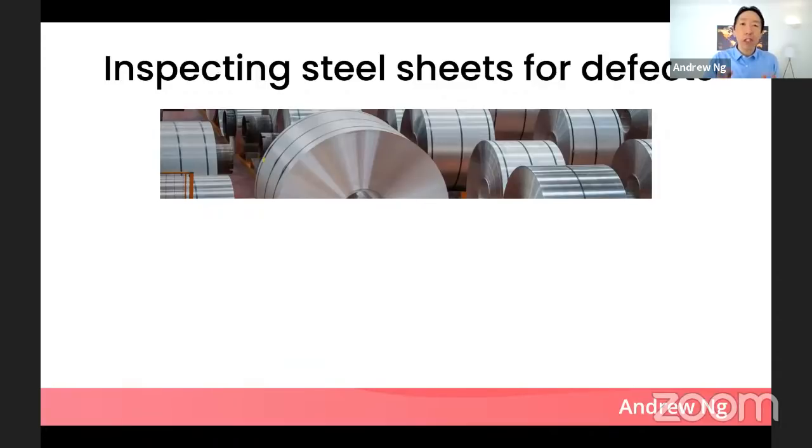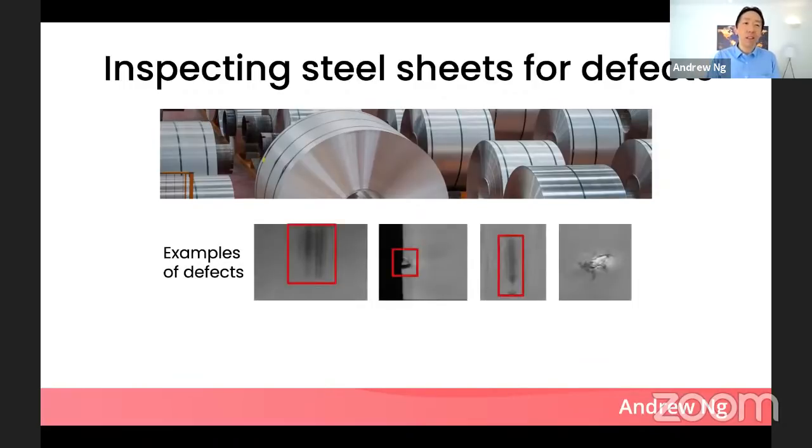This is a picture of giant rows of steel, a little bit like the rows of aluminum foil you might have in your kitchen, but instead of super thin sheets of aluminum, these are giant thick sheets of steel. So, one of these sheets of steel may be the car door of a car you may drive in the future. It turns out when these sheets of steel are manufactured, it can have different defects like this, like this, like this, like this. And in this factory, there were 39 types of defects that the factory operators wanted to